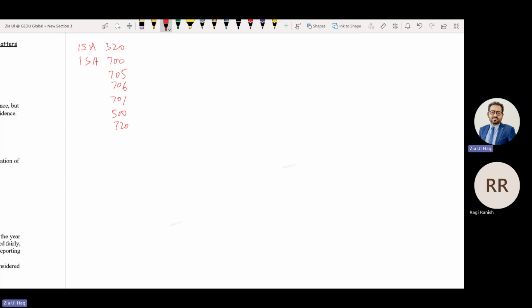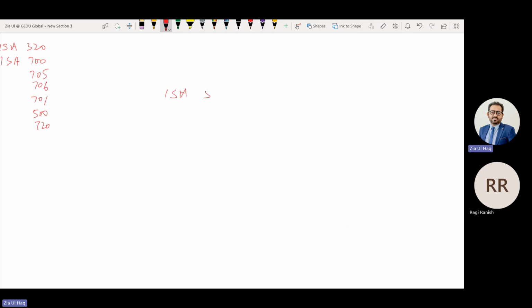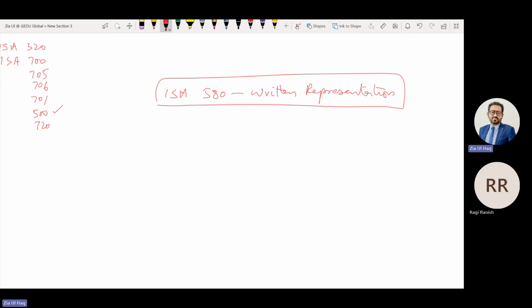Let's move towards one more auditing standard. ISA 580. Written representation. As per ISA 500, auditors shall obtain sufficient appropriate audit evidence before expressing the opinion.